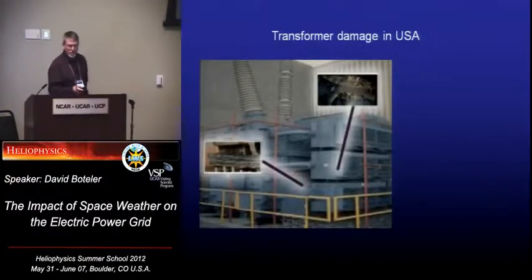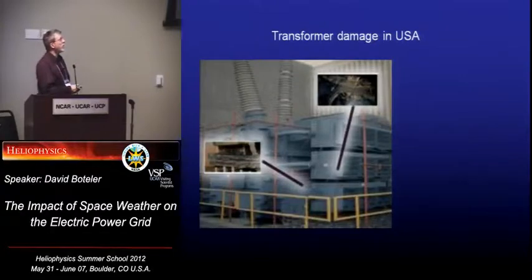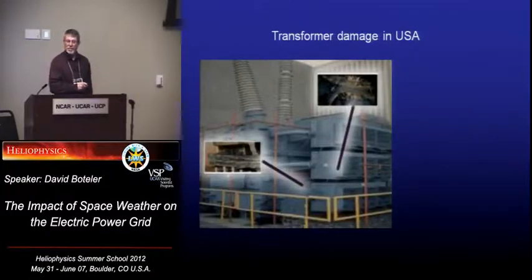There were other problems during that storm. There were some transformers that burnt out in the US. And I show you this picture, and it's worth giving you a sense for the scale of these things. There's a curious history to this photo. There was a person standing in this photo in the original picture, and for some reason they decided to fix the photo to take that person out. I don't quite know why, but anyway.